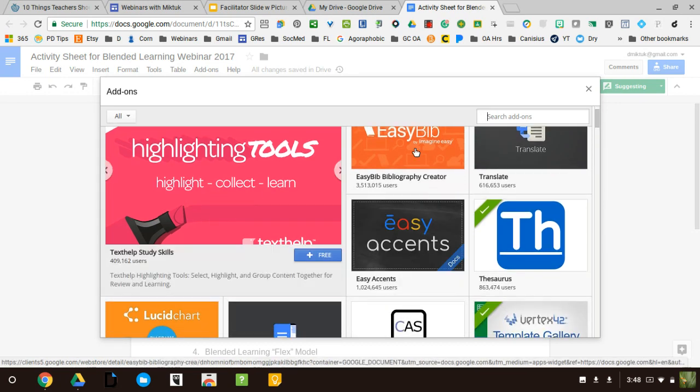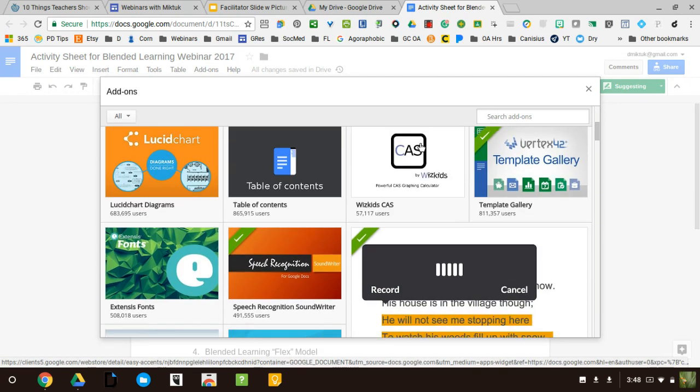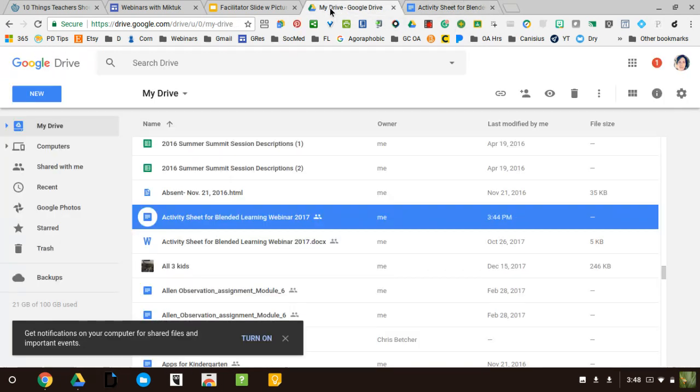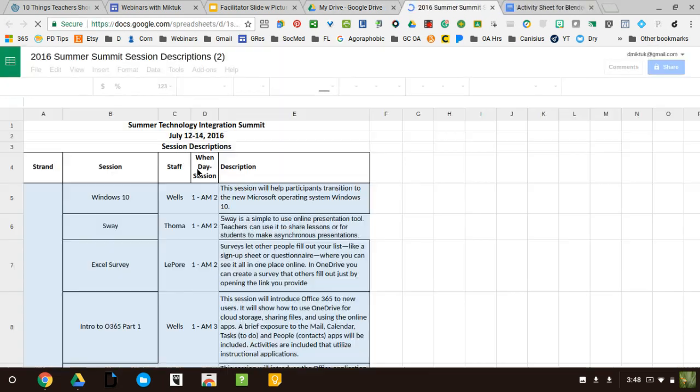Notice there's highlighting tools, there's bibliography tools. So you can actually add an add-on to this type of file, which is a Google Doc, and it adds to the functioning of it. Let me go back to my Google Drive. If I go here and click on this Google Sheet, you'll notice there's still add-ons up here once it comes in. Let's give it a second here. You can see it's loading. It's going to come in and